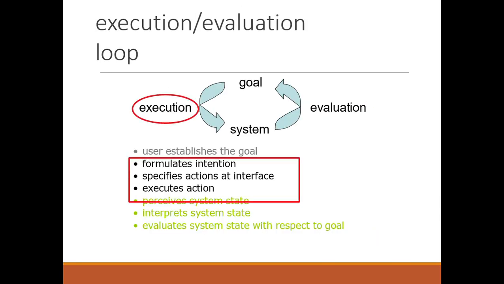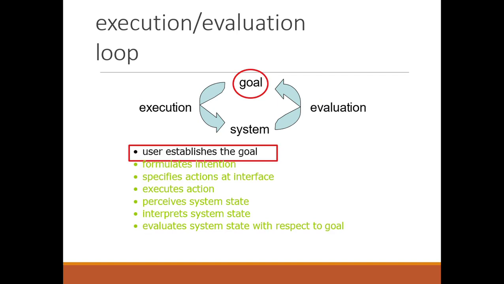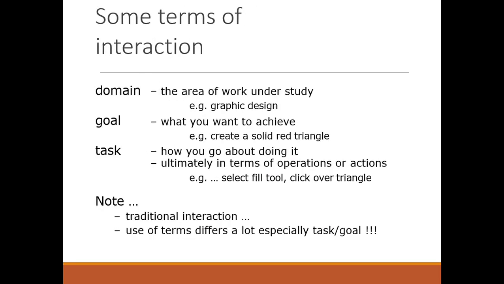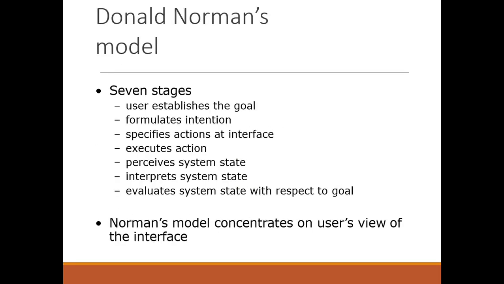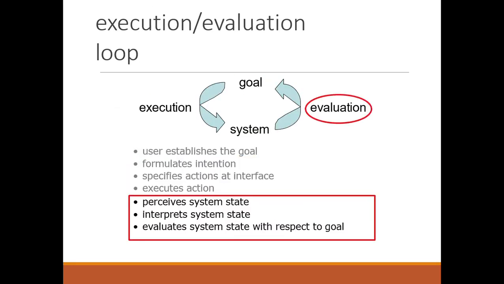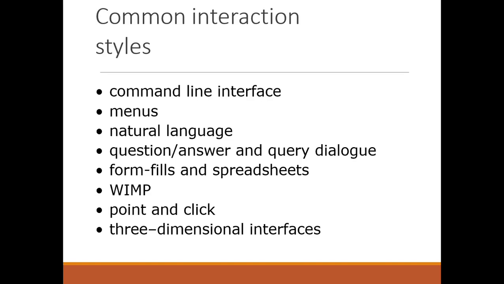Execution evaluation cycle. Hope you have remembered. I gave you the example of light and bulb, where the user has to fix the goal of switching on the light, but how he will perform the various steps I already discussed. See, this one is important: Donald Norman's model is important from your exam point of view. Fine. So now we have discussed that.